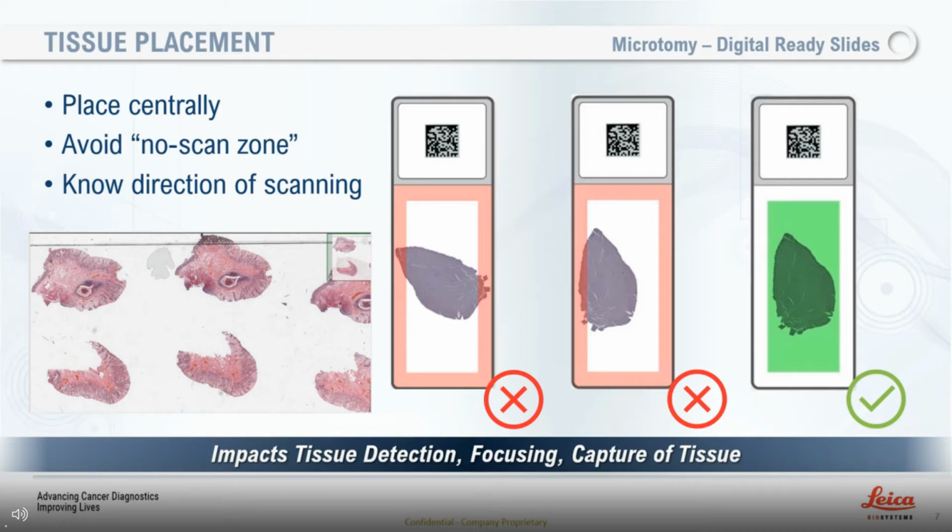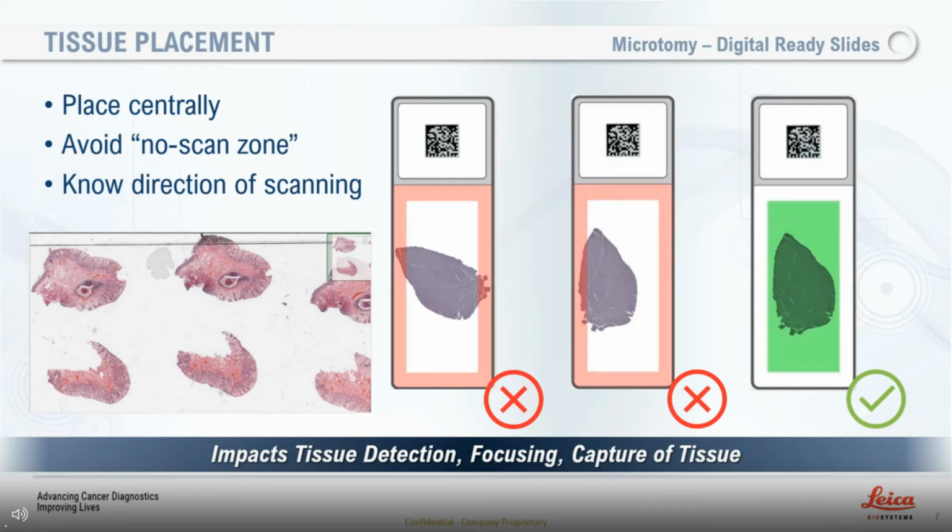But again, this is even more exaggerated when you look at digital pathology, because most scanners will have a no scan zone towards the edges of the slide, and this no scan zone may even overlap with the edges of the cover slip. Again, it varies model to model and manufacturer to manufacturer, so it's important to know for the scanner that you're looking to use within your laboratory, what are the borders for the actual scan region, and to make sure that all of your tissue is within that scannable region on the slide,